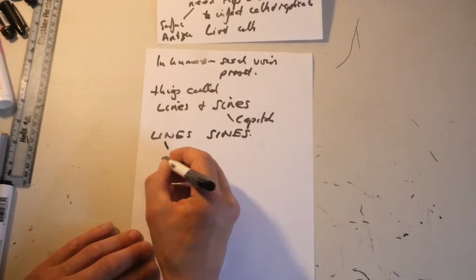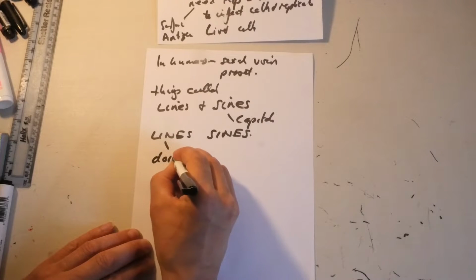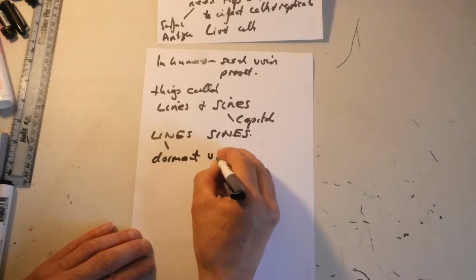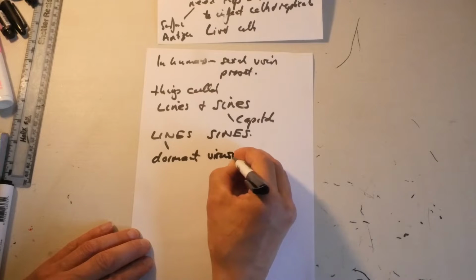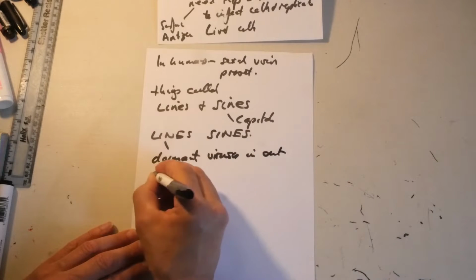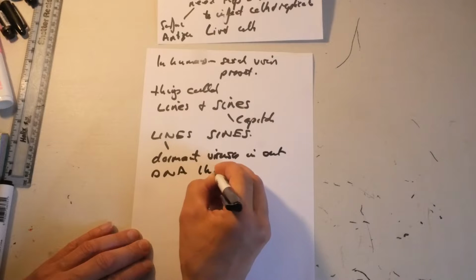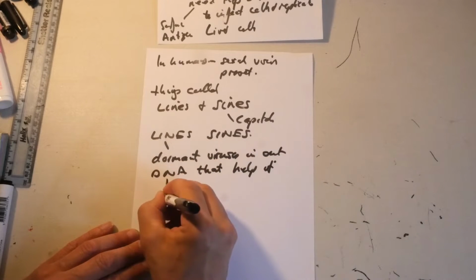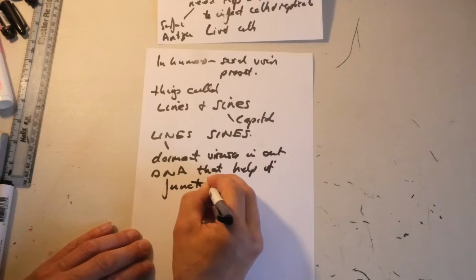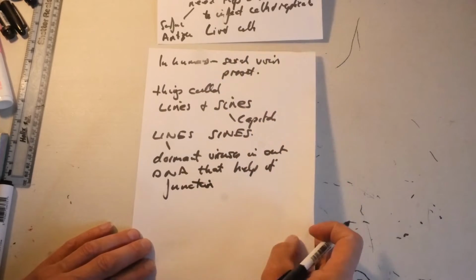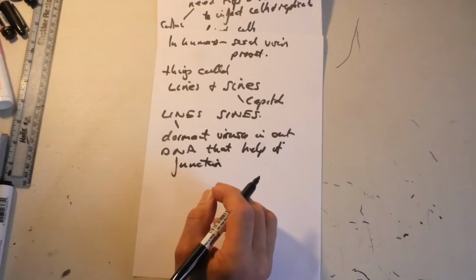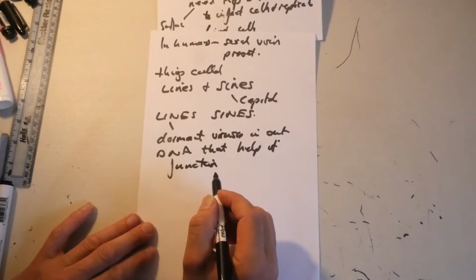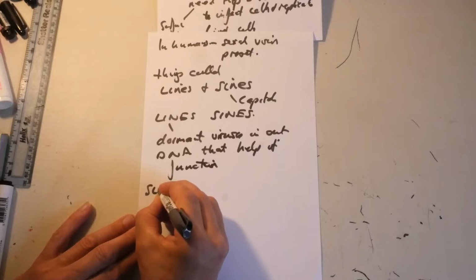Okay, so these are basically dormant viruses in our DNA that help it function. That's why I'm mentioning them. Okay, LINEs and SINEs. The LINEs are, I'll start with SINEs. SINEs,